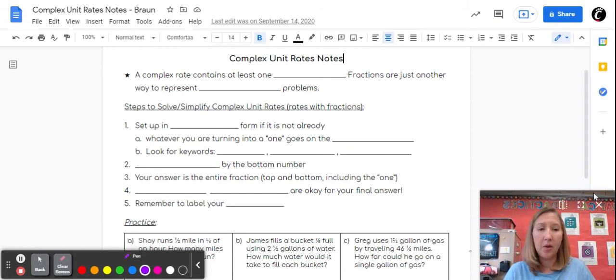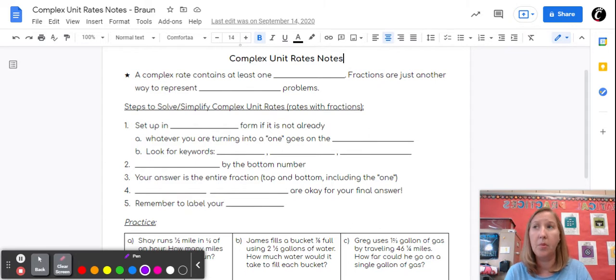Hey guys, so today we're going to continue our work with ratios and rates, and today we're going to specifically focus on complex unit rates. So yesterday you learned about unit rates and what that looks like and how we are finding the amount for one, right? So our denominator being one. Well, today we are going to take that a little bit further and we're going to look at complex unit